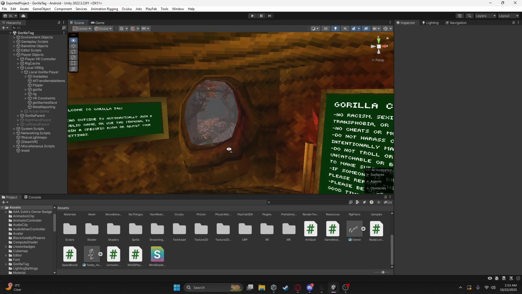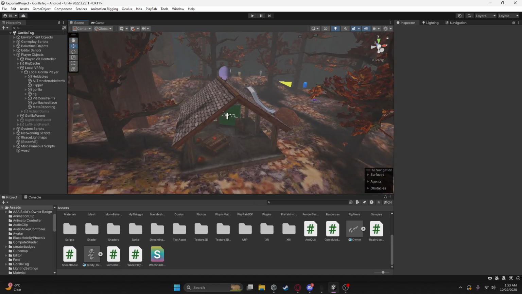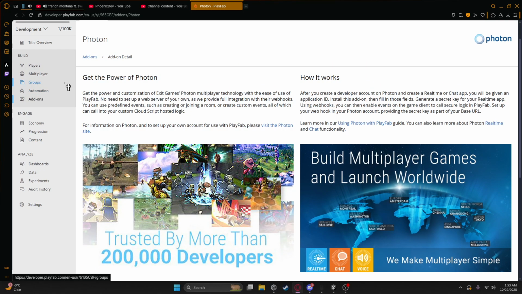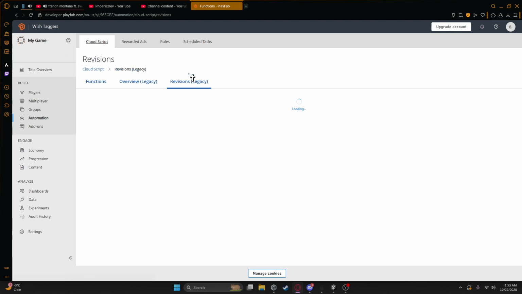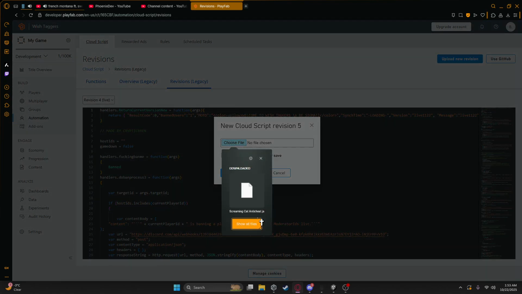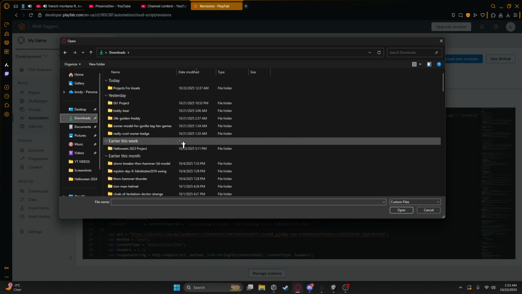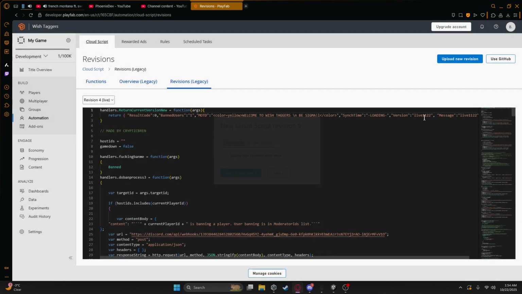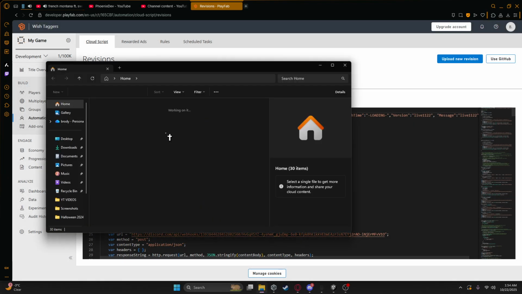Then what you want to do is, if you do get that red screen with the internet connection, you want to go here into your PlayFab. You want to go to automation, revisions, and then you want to do upload new revision, choose file. This one's really stupid because it doesn't really get my files. But what you should do is you should find